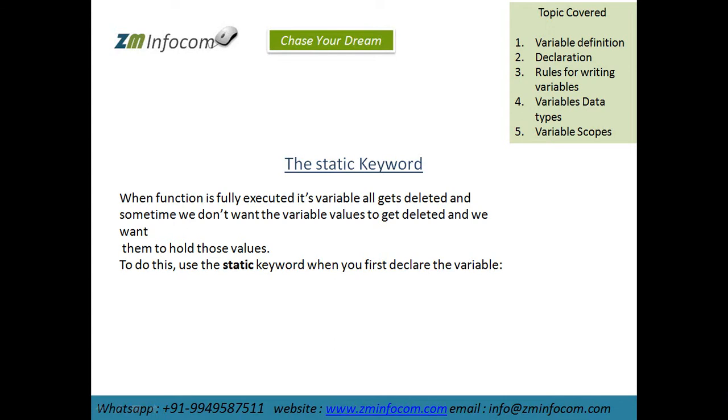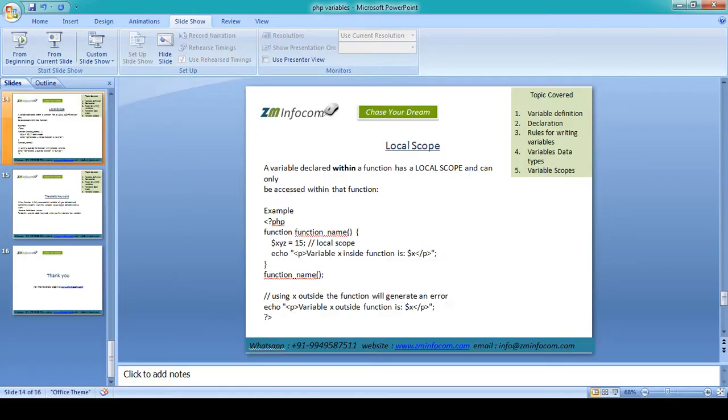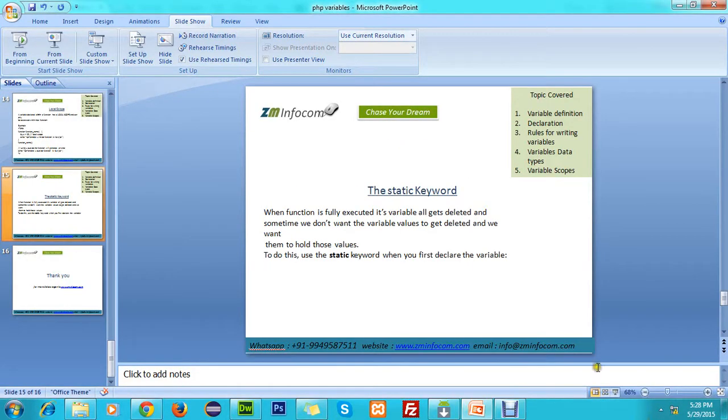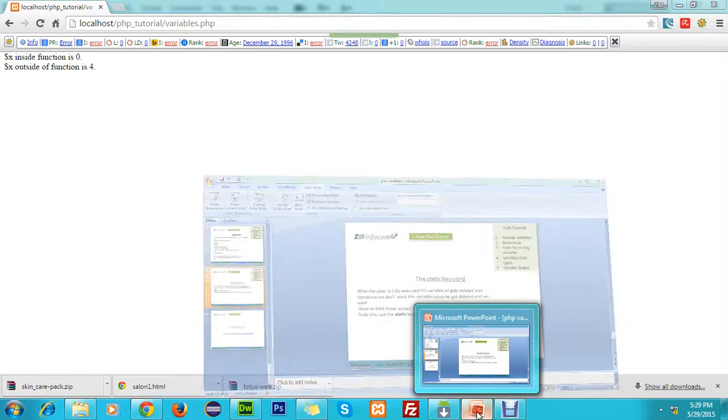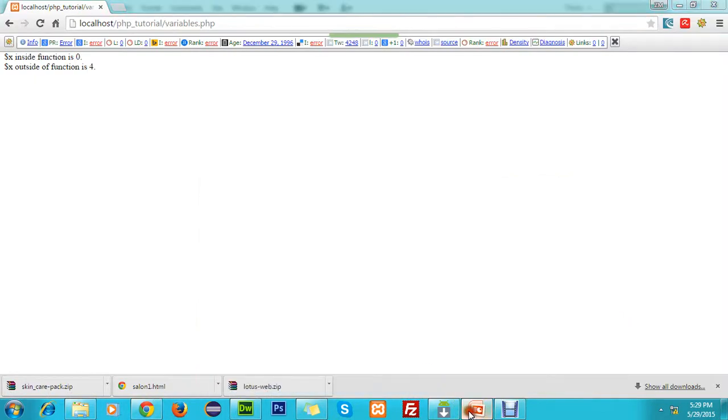So it still holds that value. It is not going to delete the value after executing the function.